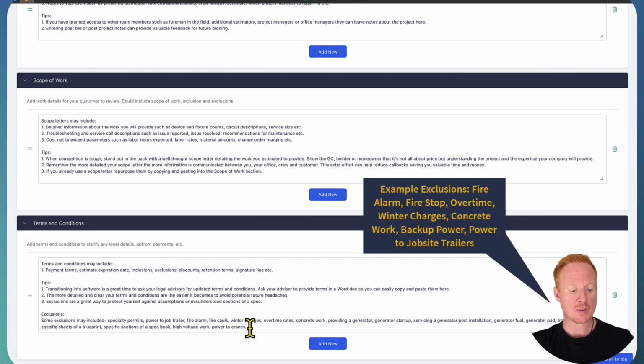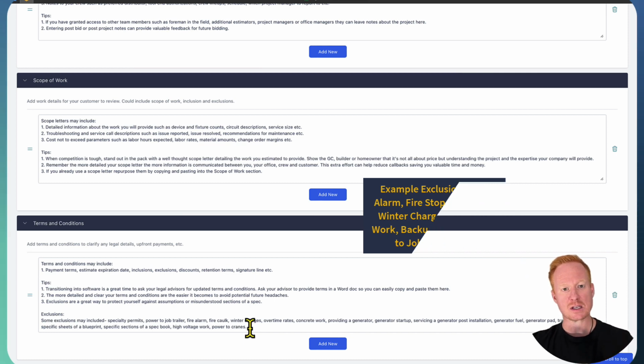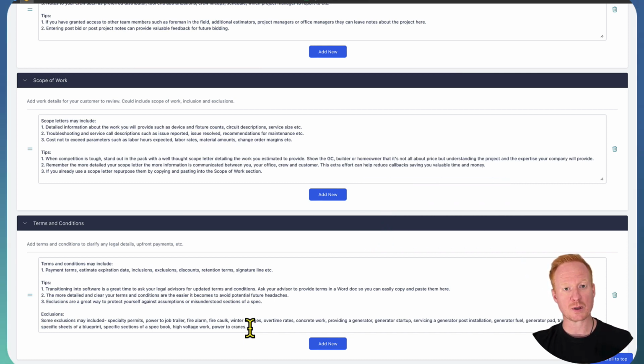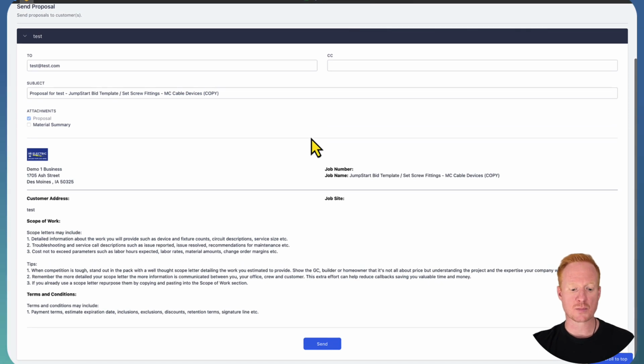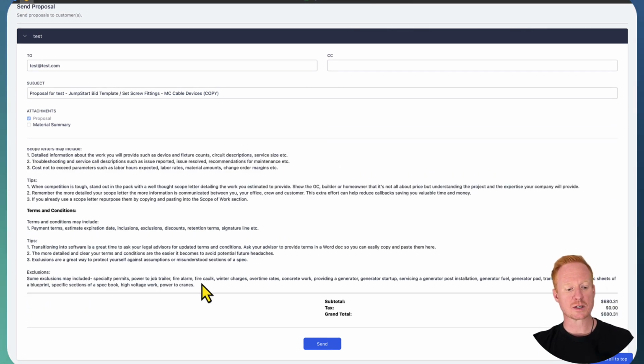We can simply type out exclusions, and if you save them in Electric Ease as a template, in one of your pre-built templates or make one of your own templates, you can continually add or delete to and from these exclusions. So what this looks like in our send proposal section, we see the terms and conditions spelled out here